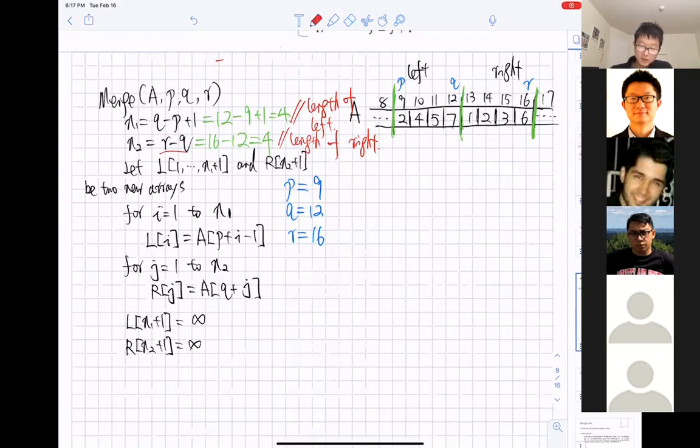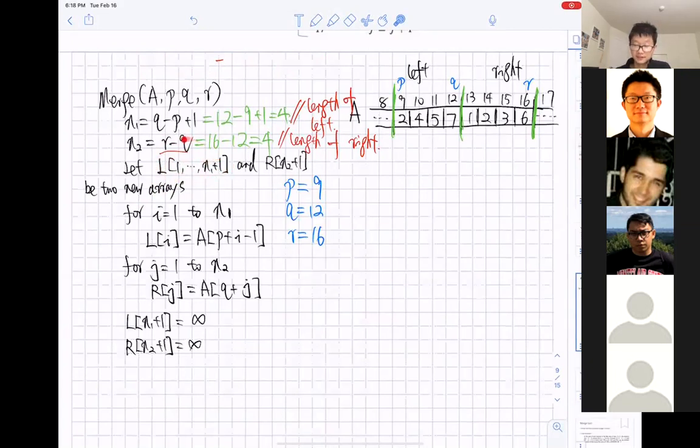Next, let's look at the pseudocode in the third line. Let L with the index starting from 1 to N1 plus 1 be a new array. So what is the length of L? 5, or to be general, N1 plus 1.